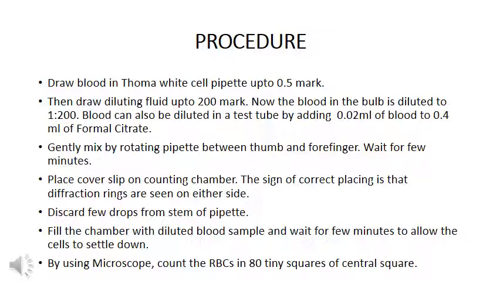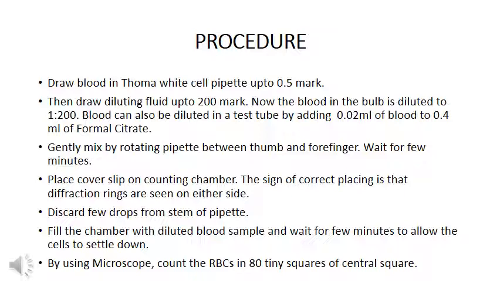What we can do, we will add 0.02 milliliter of blood. We will mix 0.02 milliliter of blood with 0.4 milliliter of formal citrate. There is a huge difference in the volume as compared to our previous lecture. There is a huge difference in the concentration of the dilution fluid,